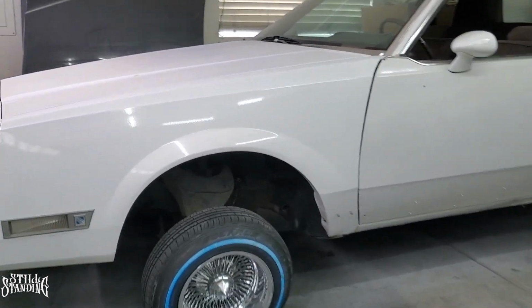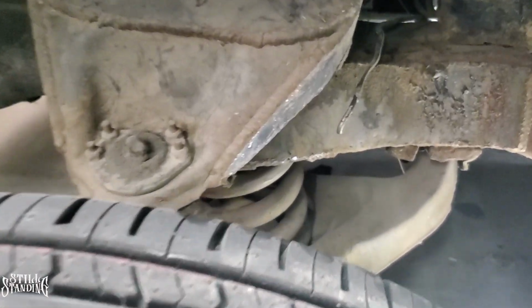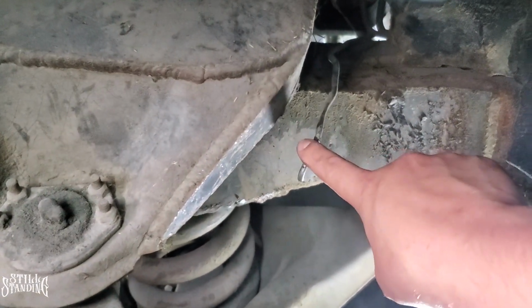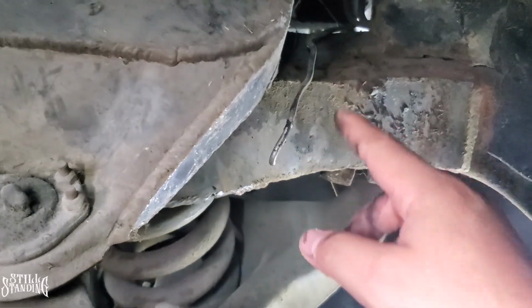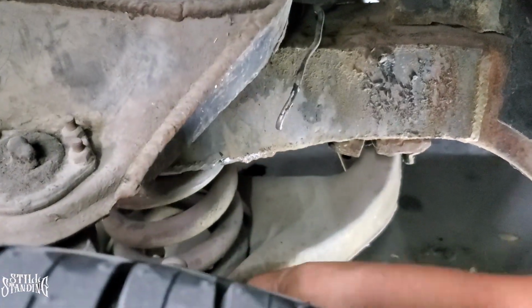So let me show you right here in the front. This is what I'm talking about. This is a hard line right here. I ended up breaking that off. I did buy a replacement, and I am going to replace that one. I do have that one already. So pretty much when the car is locked up,